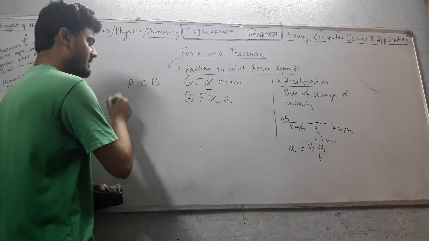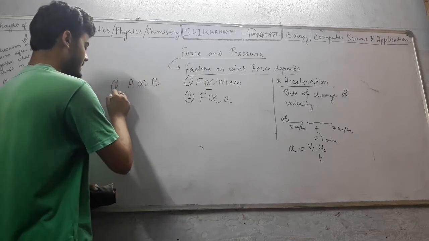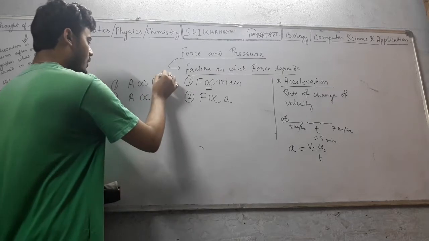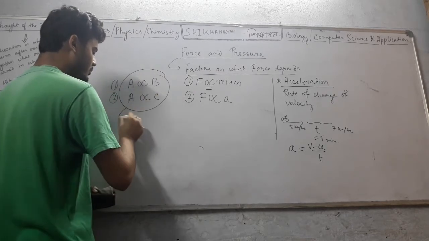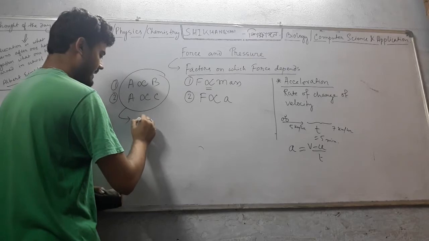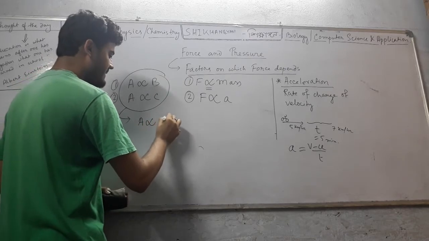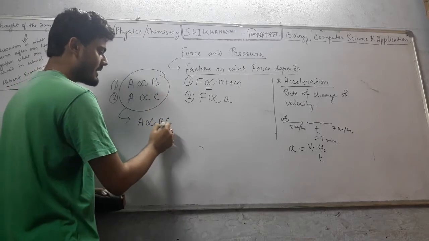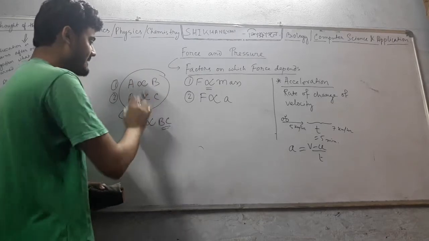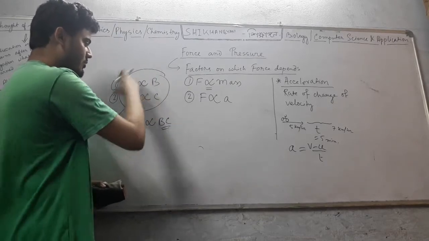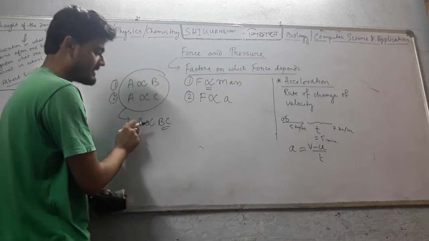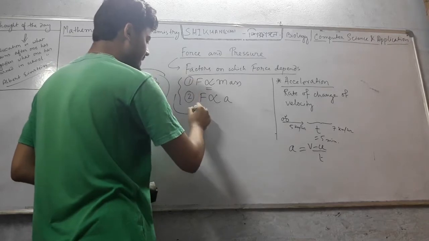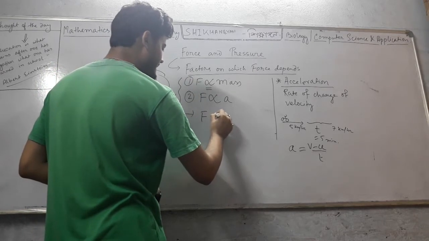A varies as B, this is one relation, and this second relation, A varies as C. Combining these two, we can write A varies as BC. Okay, these two will just get multiplied. Similarly, here what we can do, combining these two, we can write A varies as